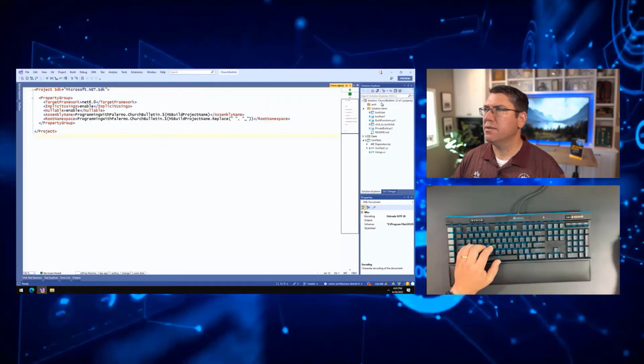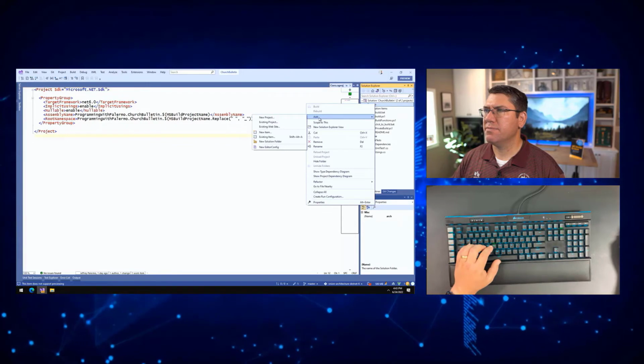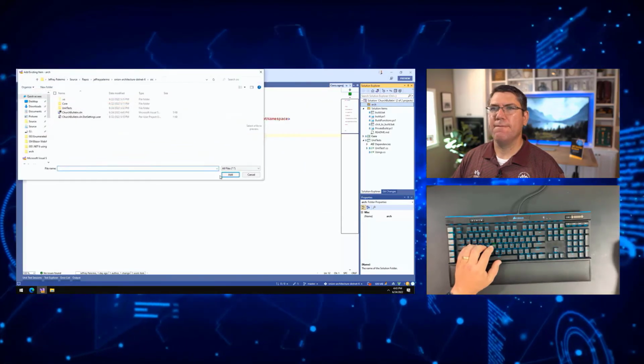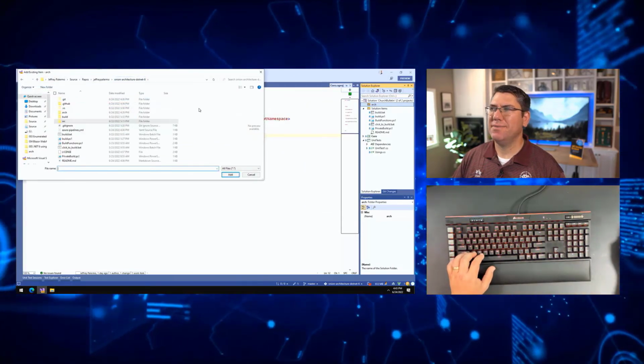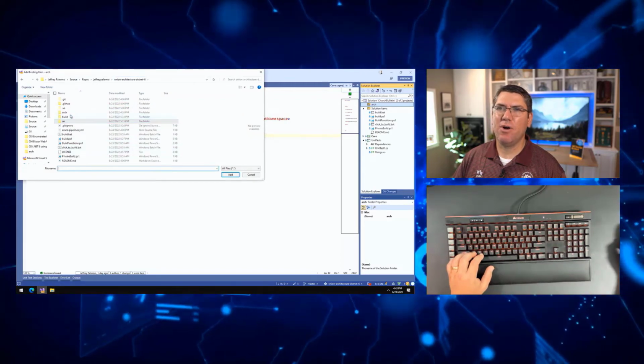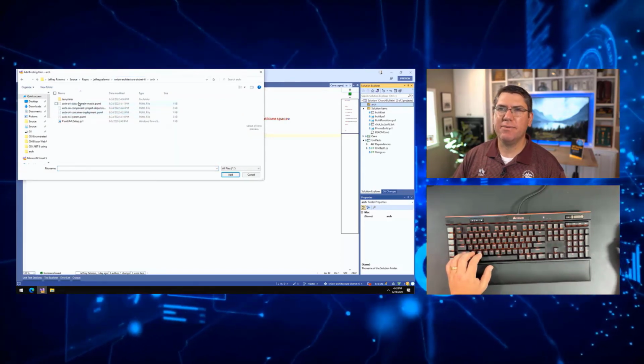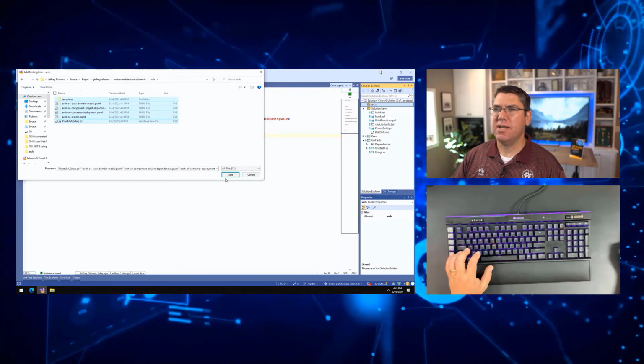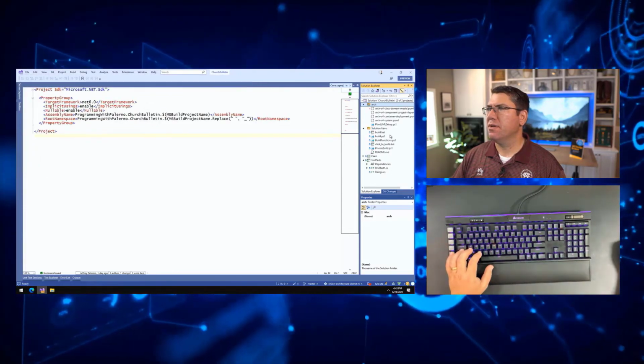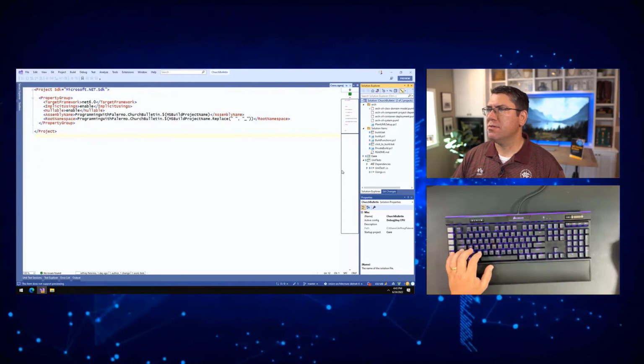Good. Okay, we're going to add existing items. All right, and some of this in Visual Studio, if you're adding them all the time, it's like, oh no, I got to add them. But let's just add everything. Okay, so we got that,